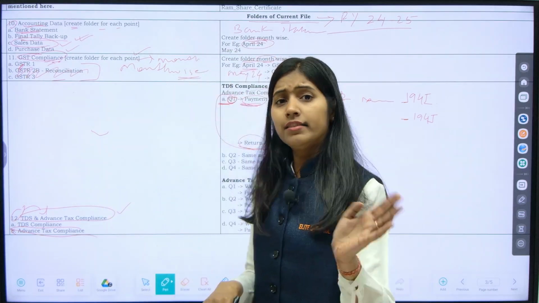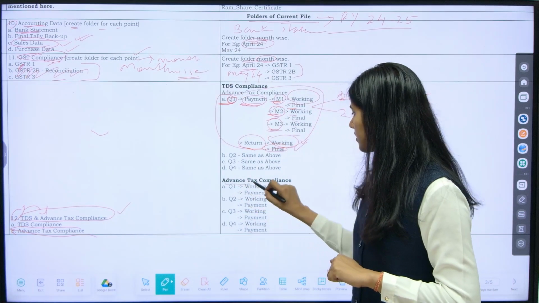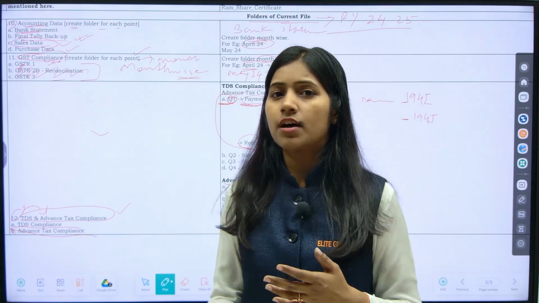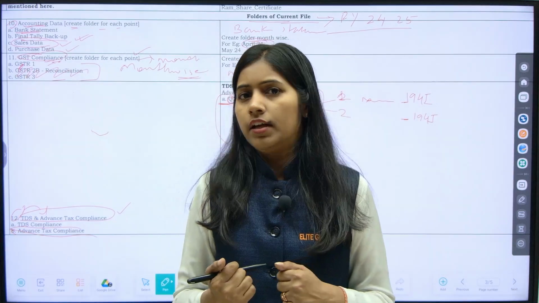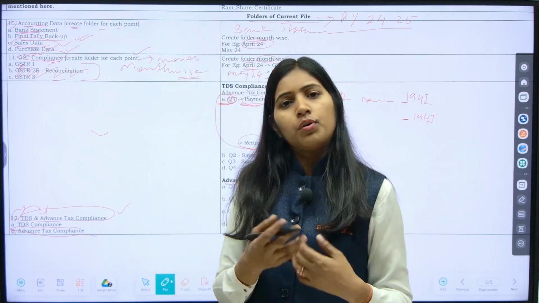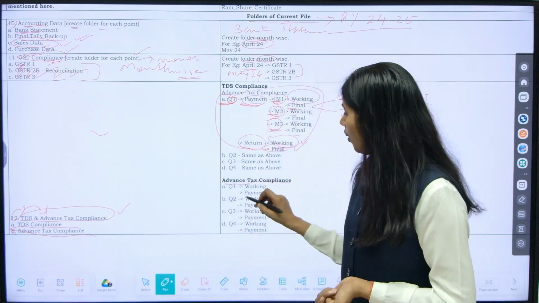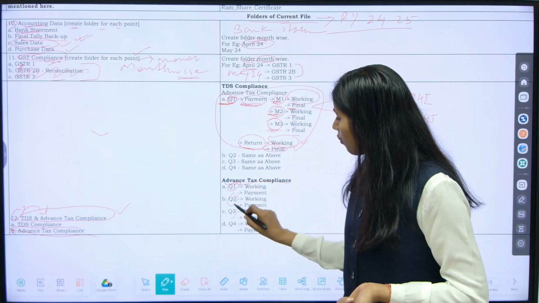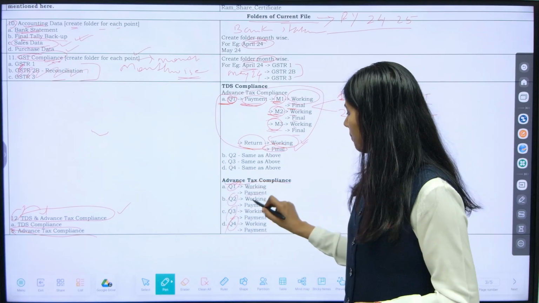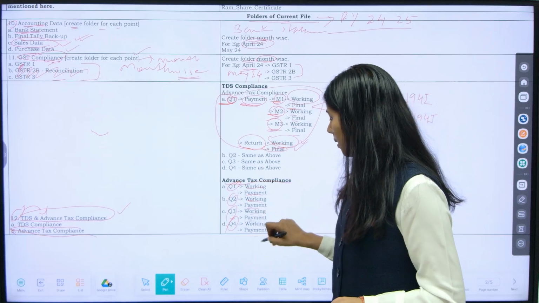Done. And then we come to the advance tax compliances. We pay advance tax on a quarterly basis, in advance. So we will not make the payment after the end of the quarter; we are supposed to make the payment in the middle of the quarter. So you just have to prepare 4 folders, that is Q1, Q2, Q3, Q4, and in each, working and payment. What is payment?